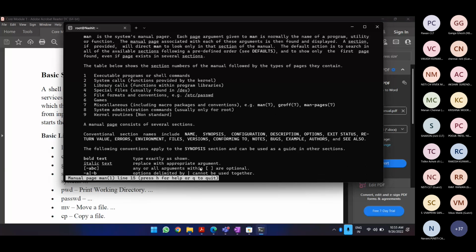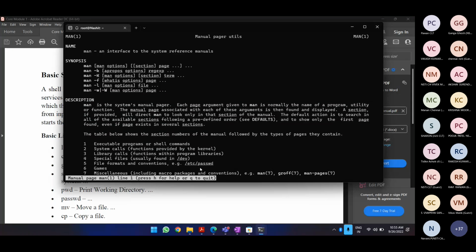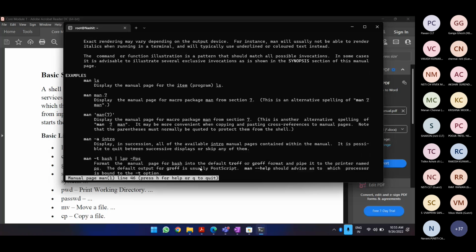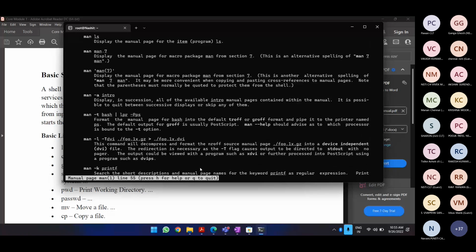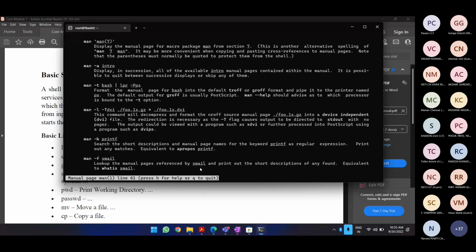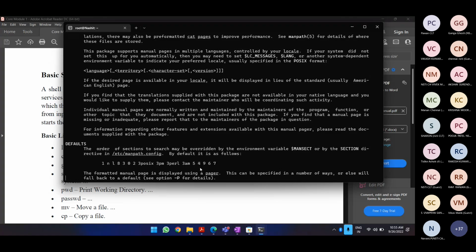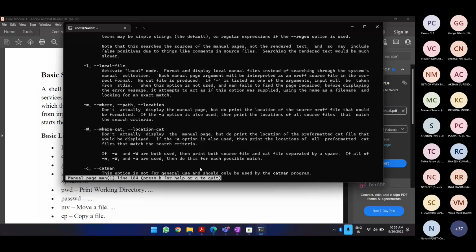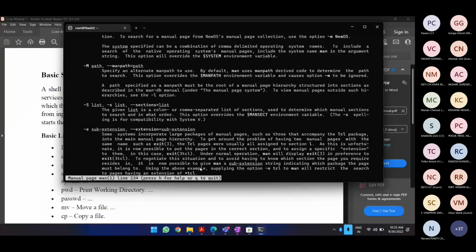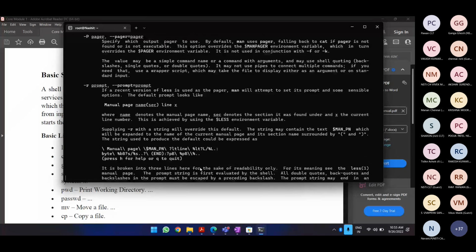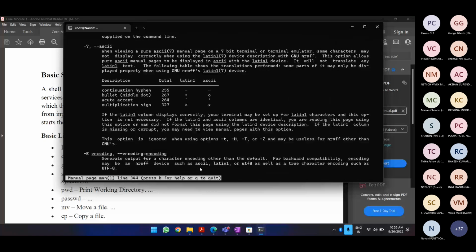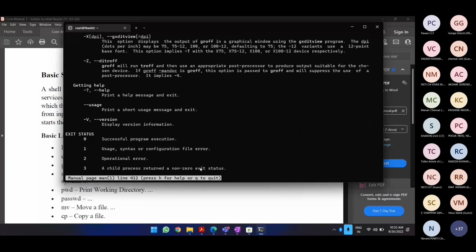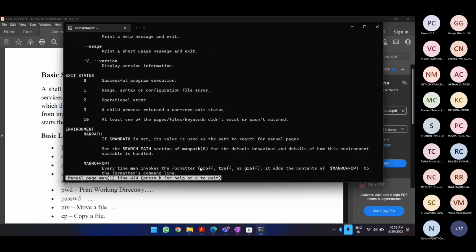So you have whatever I want. Let's get it. These are the different commands that I can use. Manual ls, manual t. These are the different functions that I can have. So this is manual where you can check anything. If you don't know anything, just try this. It will help you.